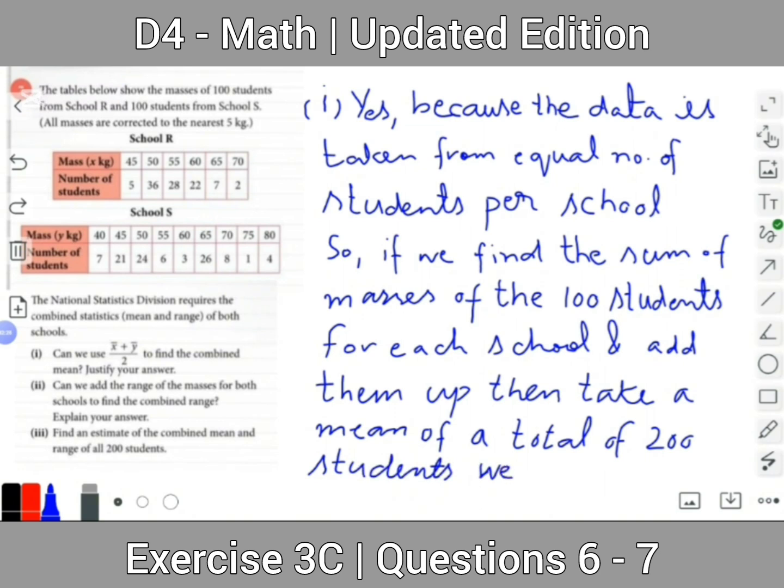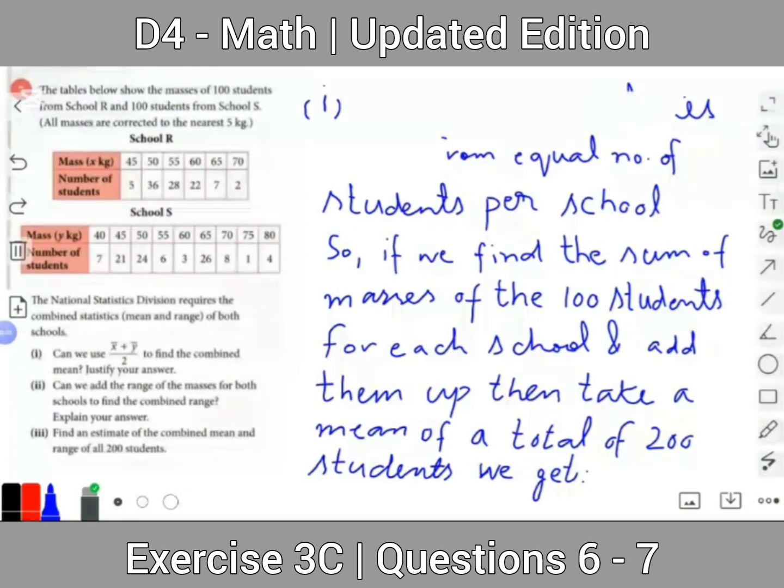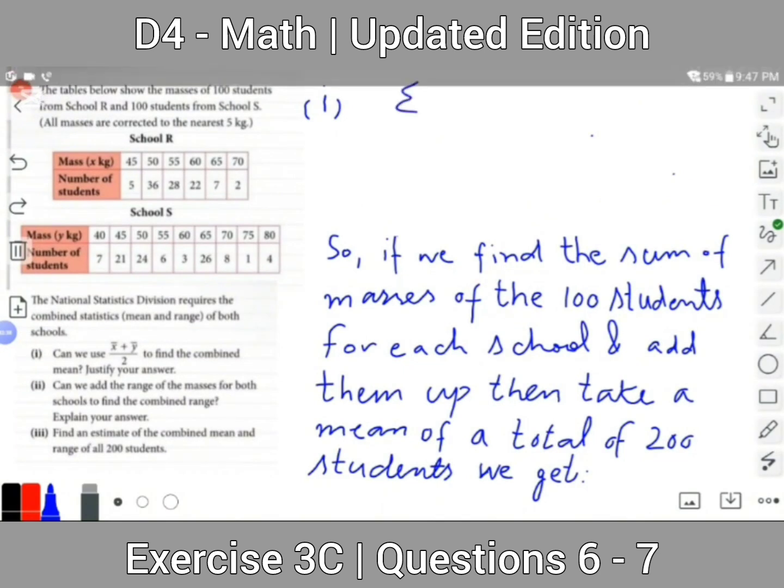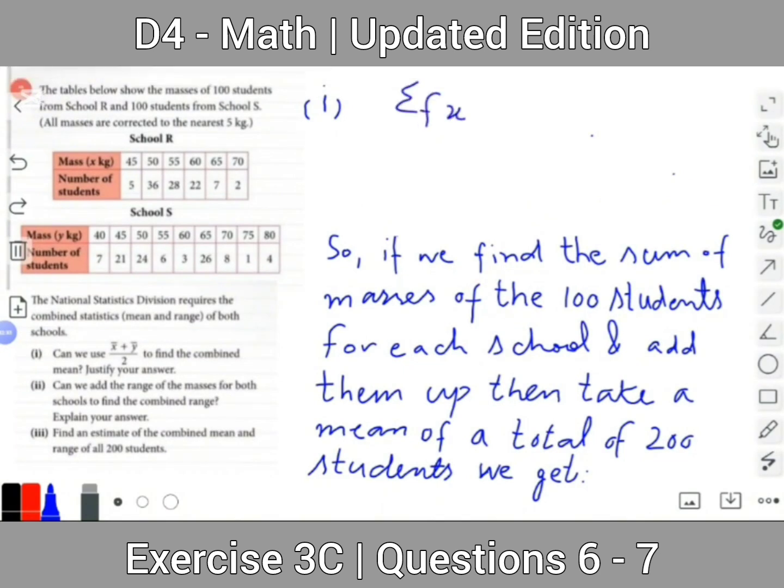So we get summation of x plus summation of y divided by 200,